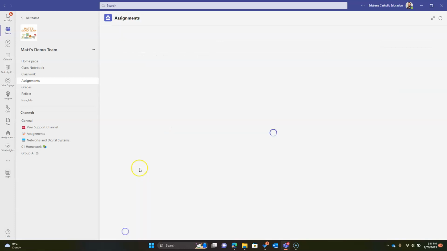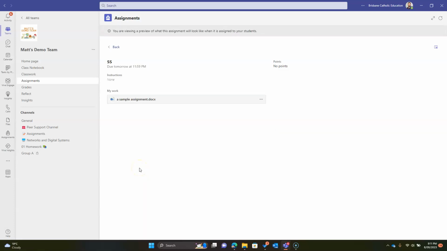I'm just going to quickly show you the student view of this. So this is what it would look like to the student, and as I said before, they can click on that ellipses and open it in Word if they want to, without having to download it. And that means that at any time you can actually come in and access the assignment,